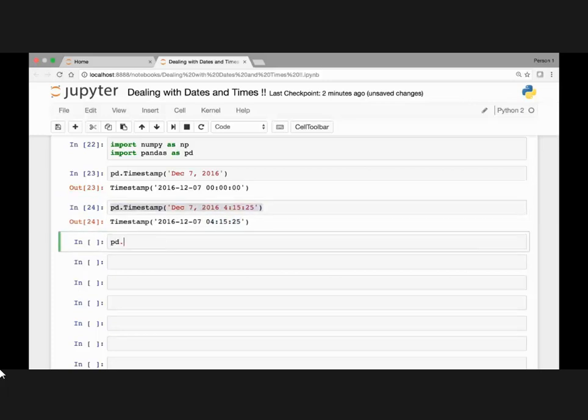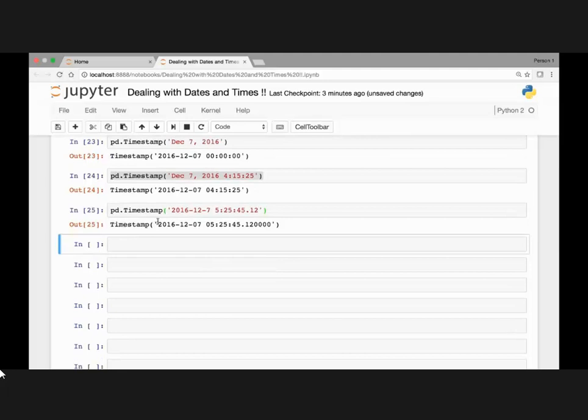Another thing we can do is pd.Timestamp. We can use a different date format. Instead of saying December 7, 2016, we can simply say 2016, 12, and 7. For our time, we can pass whatever time we want. Let's say 5:25, 45.12. So hour, minute, seconds, and then fractions of a second. So we have 5:25, 45, and then